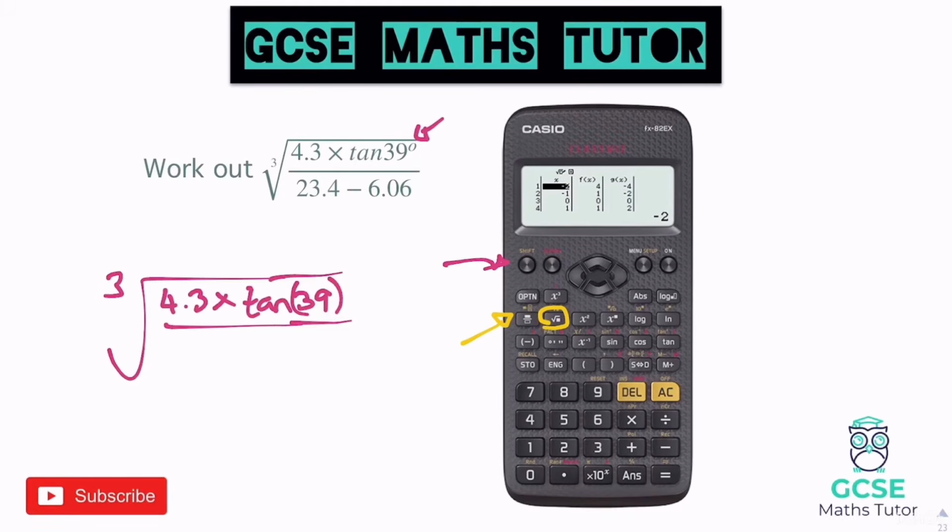We've got 4.3 multiplied by tan, the brackets opens for me, 39, close the brackets, press your down button on the calculator to go into the bottom of the fraction, and type this sum in here, 23.4 take away 6.06. Make sure at this point you write all the numbers down. That equals